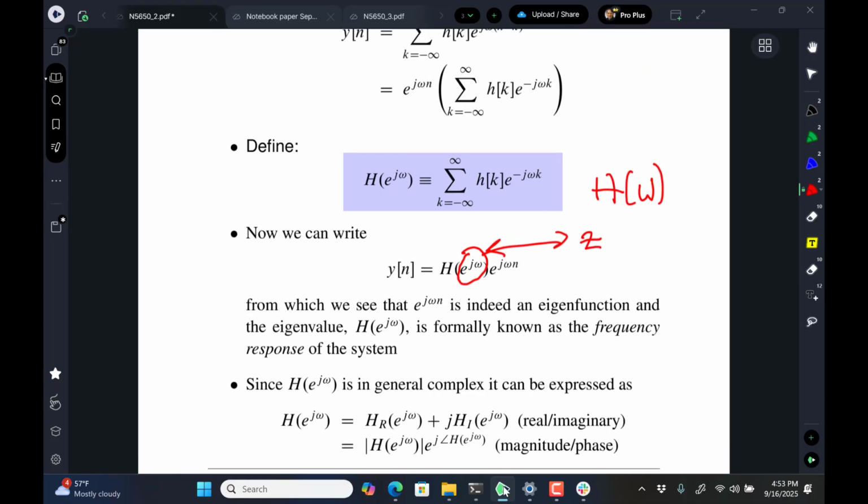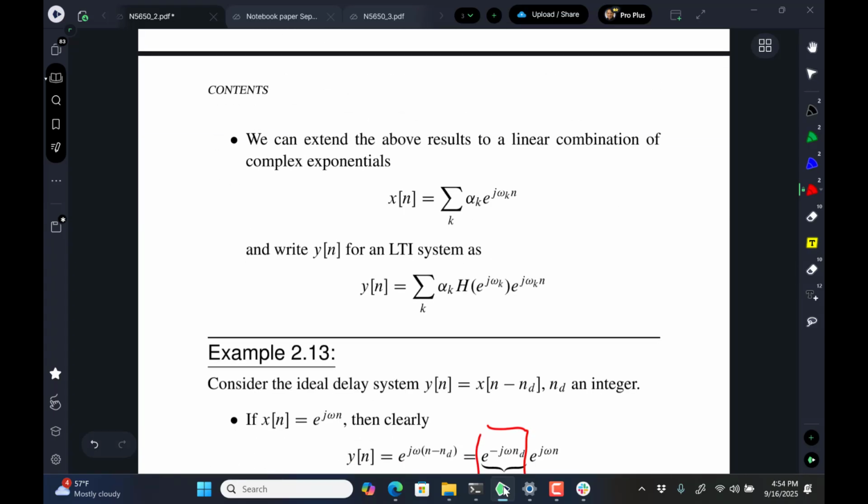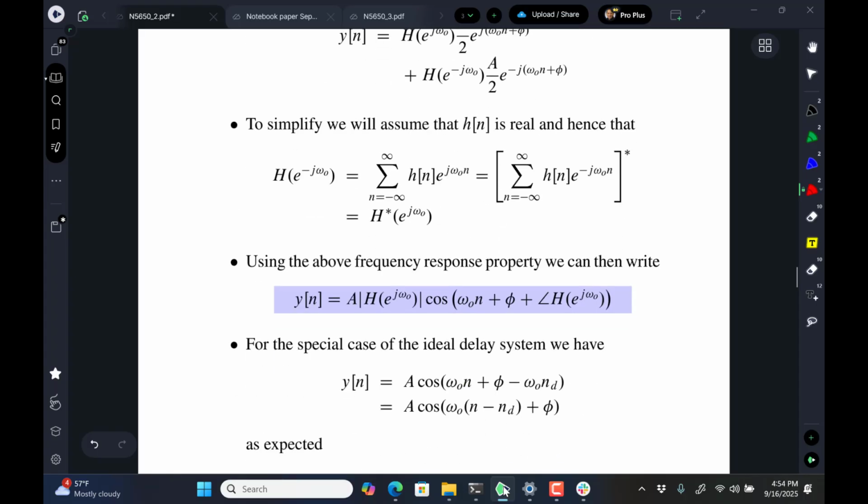This is the Fourier transform of the impulse response, so we can use this idea over here, linear combination of complex exponentials,